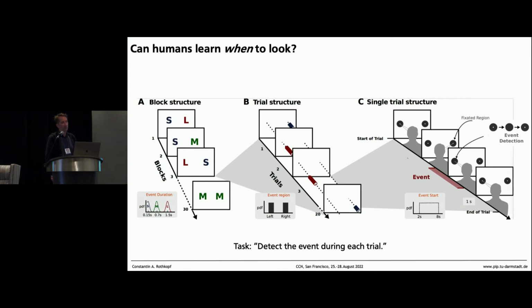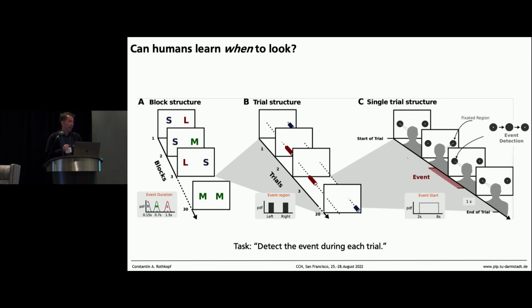And what we'll now do is we'll have an experiment in which subjects have to detect a little transient event, which is this little tiny white dot in a black disk disappearing. There are two disks, one left, one right. There's only one event per trial. It can be with equal probability on the left side or on the right side, and it's immersed in a sequence of 20 trials in which the duration of an event is the same on the left and the right side. So in this particular trial depicted here, we have always short events on the right side and long events on the left side.